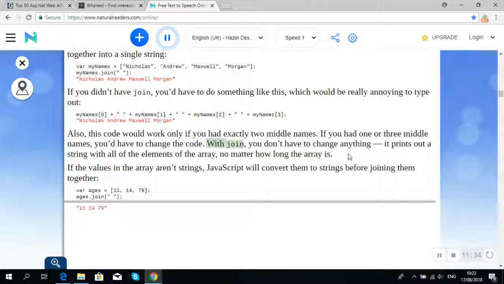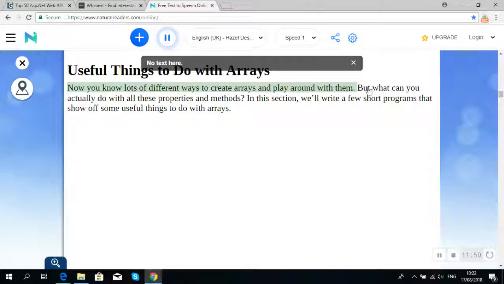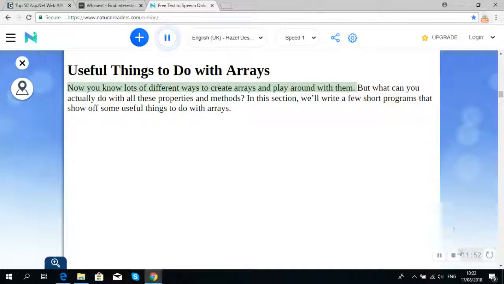If you had 1 or 3 middle names, you'd have to change the code. With join, you don't have to change anything. It prints out a string with all of the elements of the array, no matter how long the array is. Now you know lots of different ways to create arrays and play